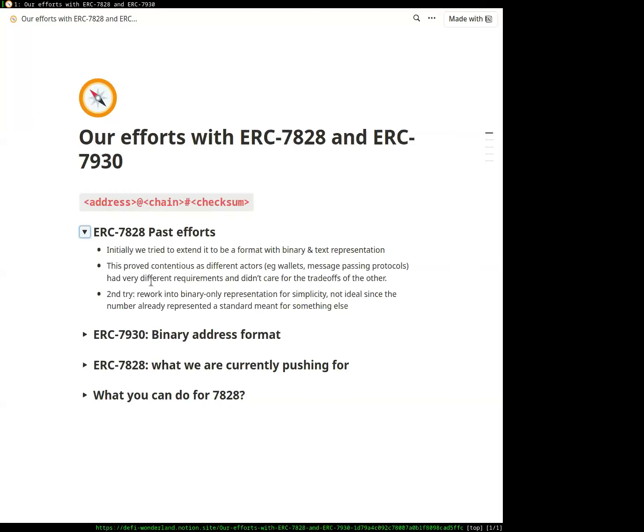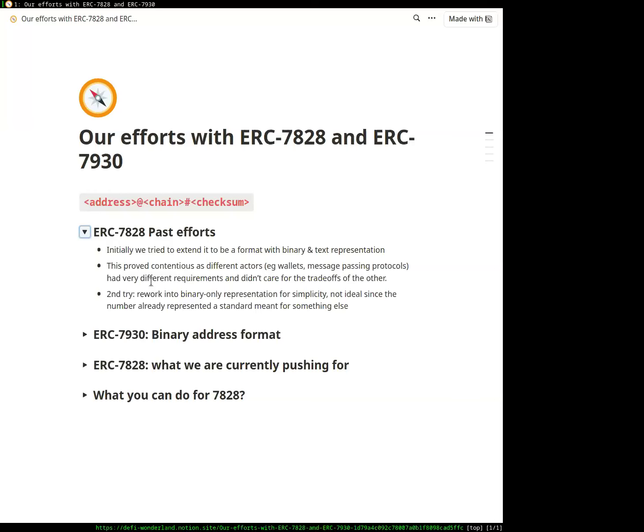But then you have the needs of the wallets that I already mentioned, and the smart contracts, which is people working on intents, cross-message passing, resource locks, verticals, where they need a concise representation, because every byte counts.